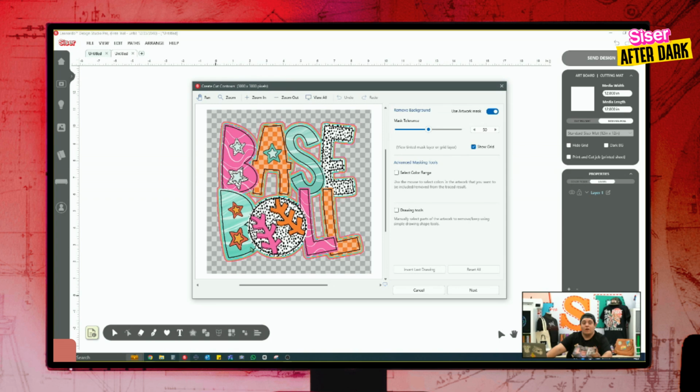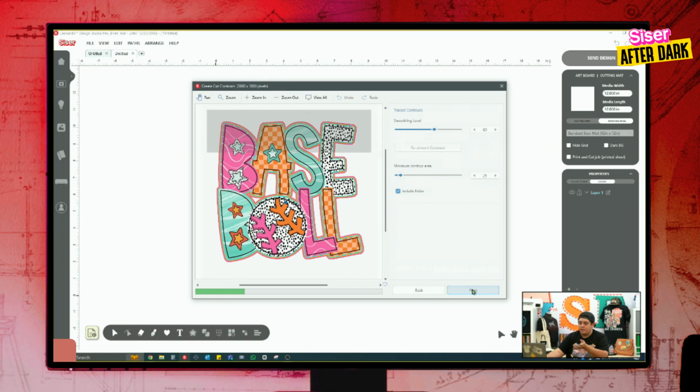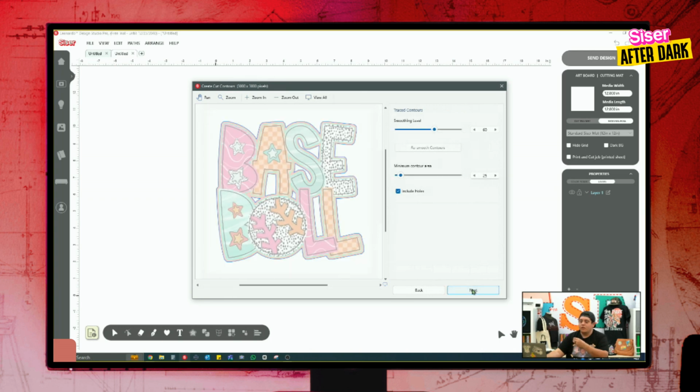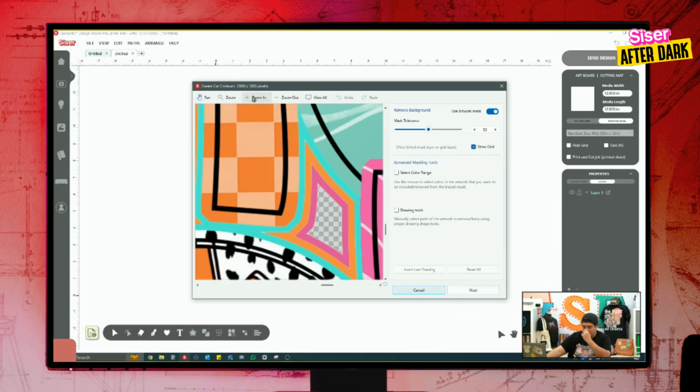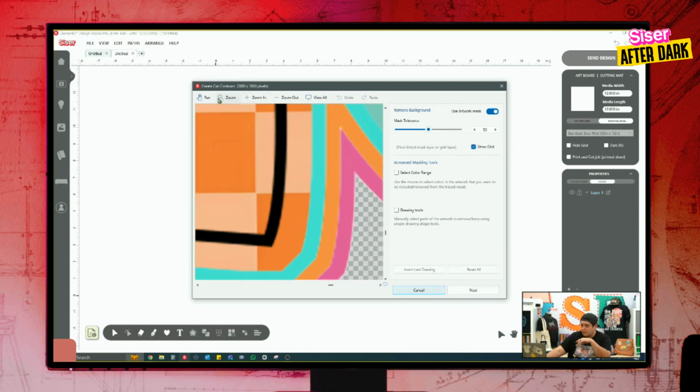So if you have a simple PNG that you already know has a transparent background, it's going to start to find your image. Now, a lot of you out there have told me, you said, Patrick, I use the print and cut option. I've used a Juliet. I'm getting crazy white spaces sometimes around the edges. I'm going to show you how to fix it really quickly. So once I click next, the next screen is basically going to snap my cut lines around my image itself, okay? But I want to actually go back really quick because I want to show you how we can fix